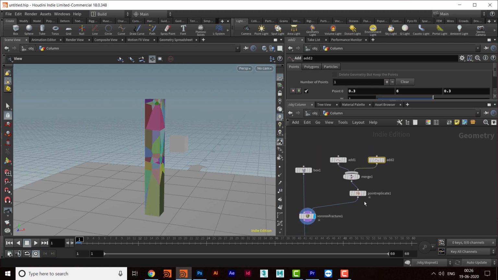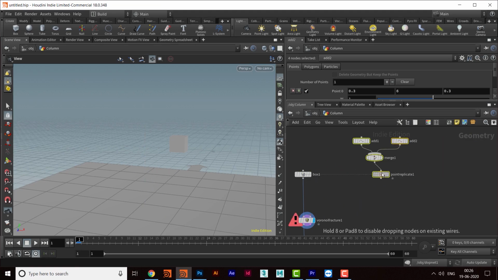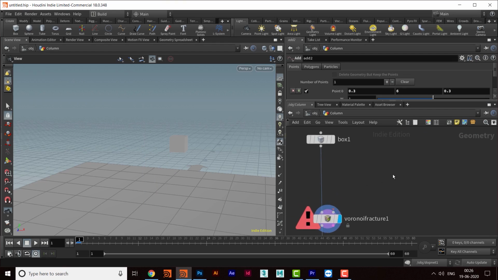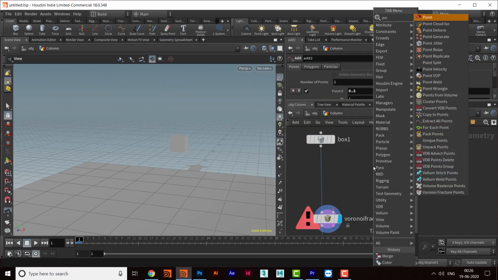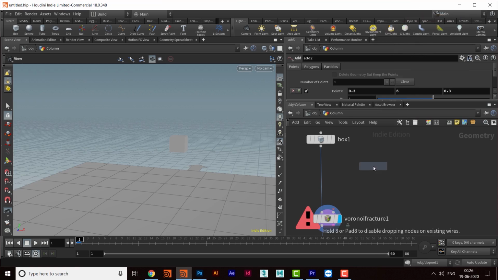Okay, so now maybe I'll take it out and keep it somewhere else, and then I will show you some other option. Suppose I want to create some boxes, then I have one more option for that, and that is point from volume. So I will take that node, point from volume. That is another node, and what this will do is create a grid based on the object you take.